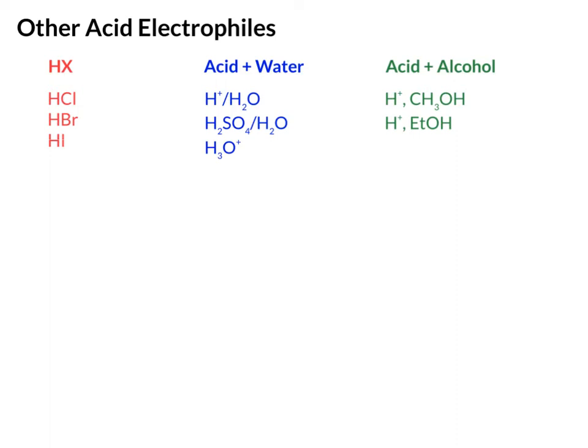We've talked about adding HBr across the double bond, but there are other acid electrophiles that you can add as well. So in addition to HBr, the other halogen acids you can use are HCl and HI, where we have Markovnikov addition of H and X. So if we look at a double bond and you add, instead of HBr, maybe we add HI to that,